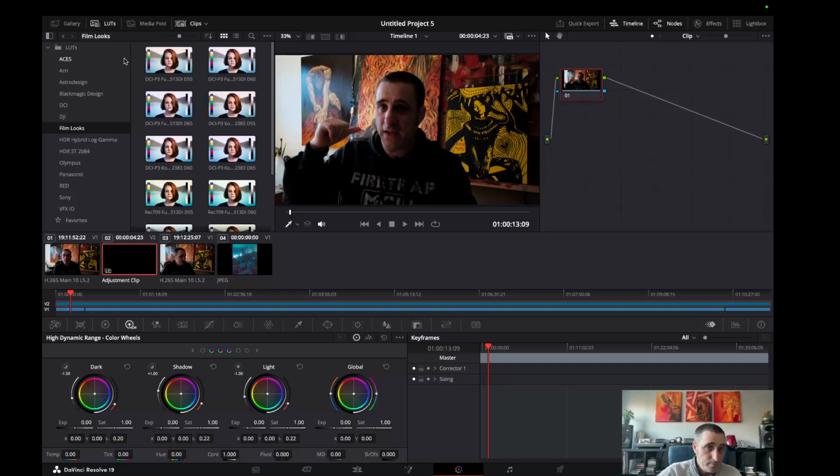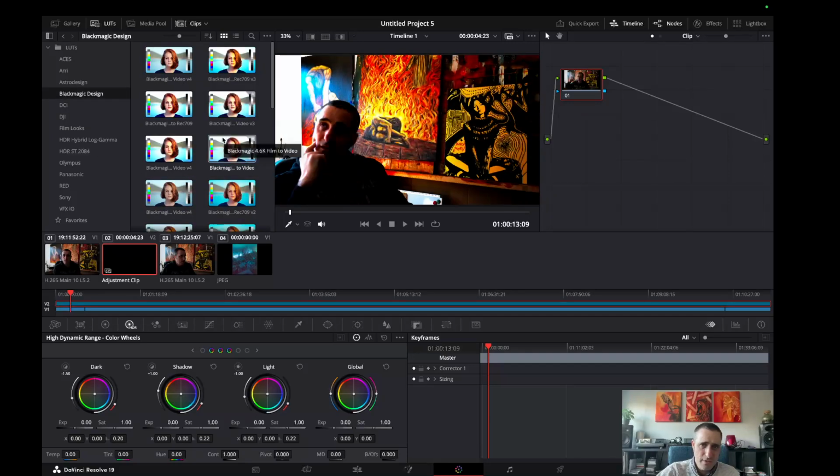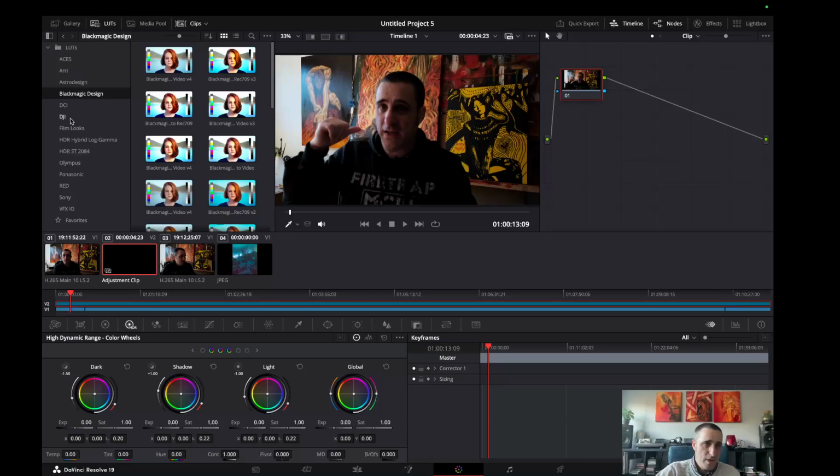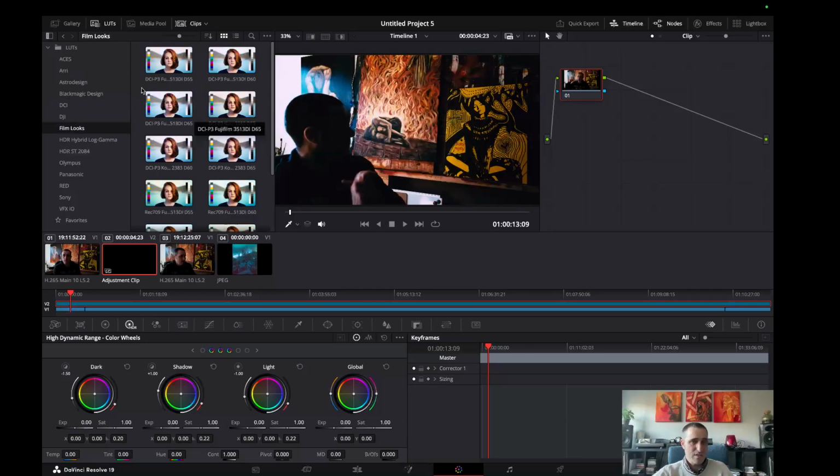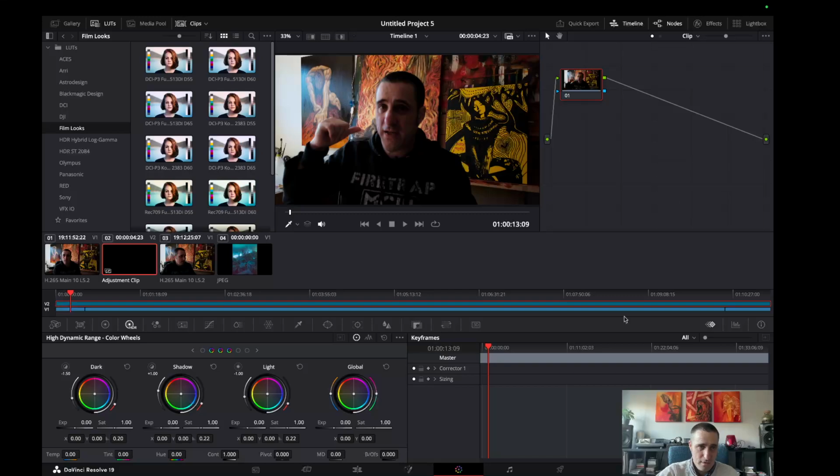So what I tend to use, I think it's this one I use normally, I've got these ones up here which are Fuji ones, and that one adds quite a bit of contrast, which I like because my artwork's quite contrasty, so I think that looks quite good on there usually, so I just stick with that. But there's a whole bunch of different ones, I think it's that one or that one, it's just more contrasty, and there's some Kodak ones, I think in this Blackmagic Design, some of their ones from their cameras, and I haven't really played around with that much because I've got a Fuji camera myself and I like those sort of Fujifilm type looks, so I usually just go with that one,